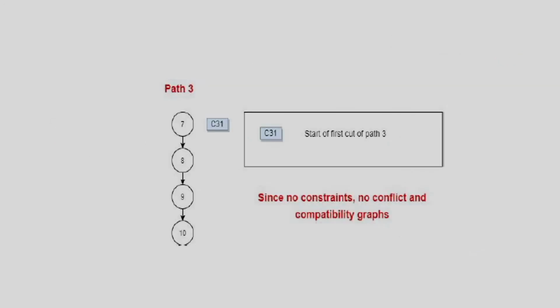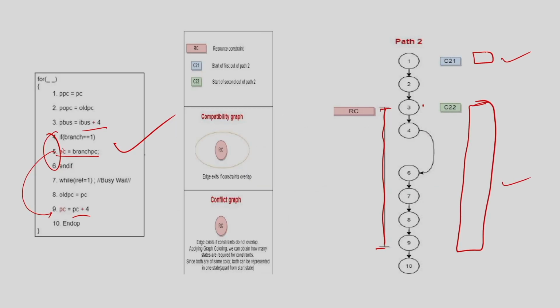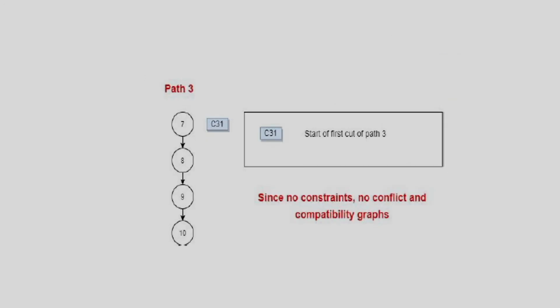And for path 3 there is no constraint, right. So, if you just look into this code, in this part of the code there is no variable constraint, no variable defined twice, there is no adder constraint because I assume there is only one adder available, there is no addition constraint, and there is no timing constraint as well because there is only one addition operation. So, for this I need only one cut, right. So, basically it says that I can execute path 3 in a single clock, right. So, that is the interpretation of this cut.